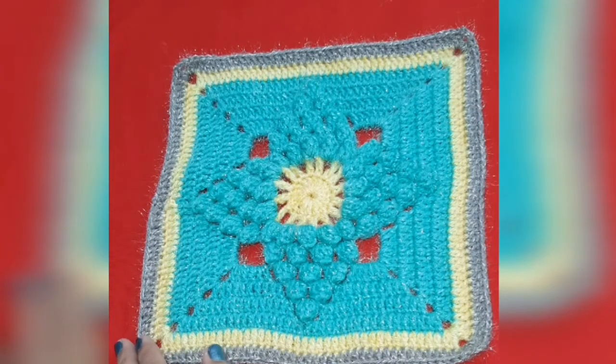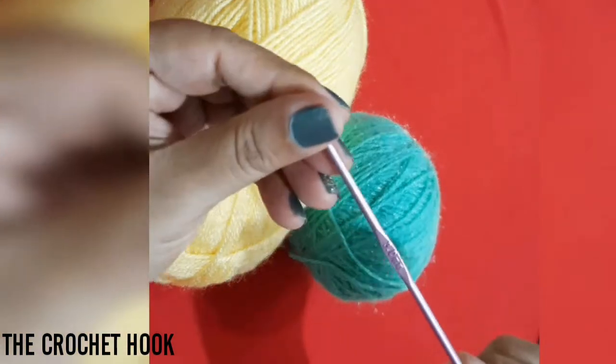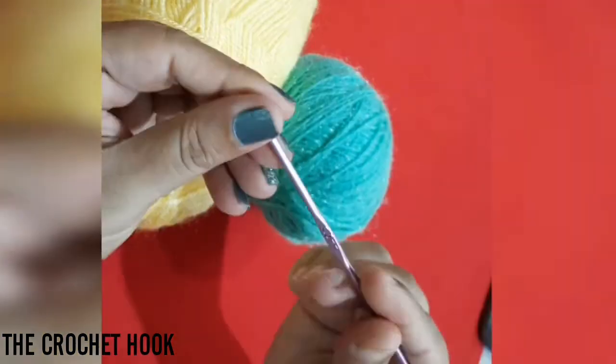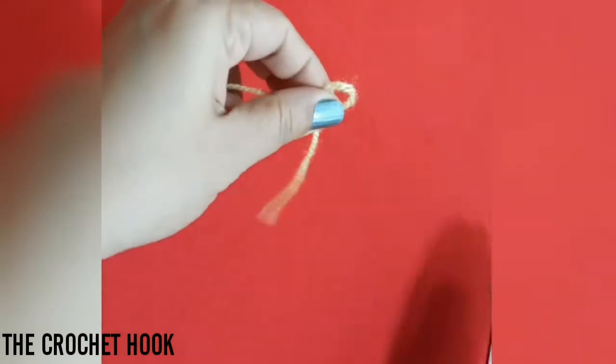You can add more colors to it. So let's get started. So let's begin. Here I have taken yarn of my choice and a crochet hook of 3 millimeters. So to begin with, work a slip knot